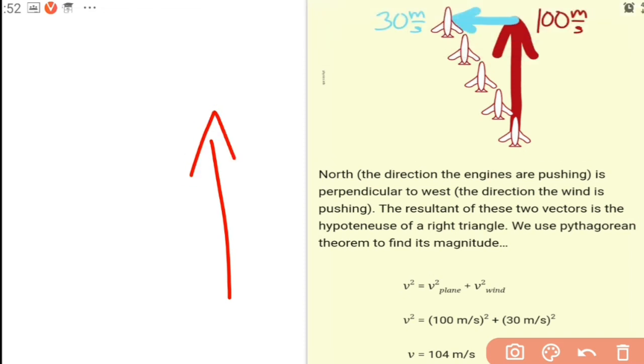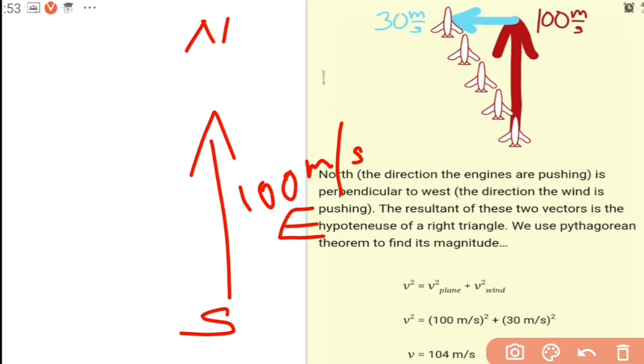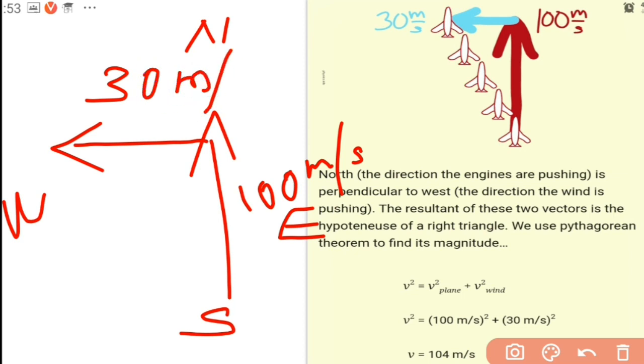towards north, upward direction. As we stated in the previous case, upward direction will take us in the north direction. So that is 100 meter per second. Okay. So this diagram is given. I am drawing in simple lines. You can draw like this. Then the wind is blowing from east to west. You know, this is the direction which we follow: north, south, east, west. So from east to west the wind is blowing. So wind blows in this direction, east to west, and with what velocity? 30 meter per second. So this is the diagram which we have.